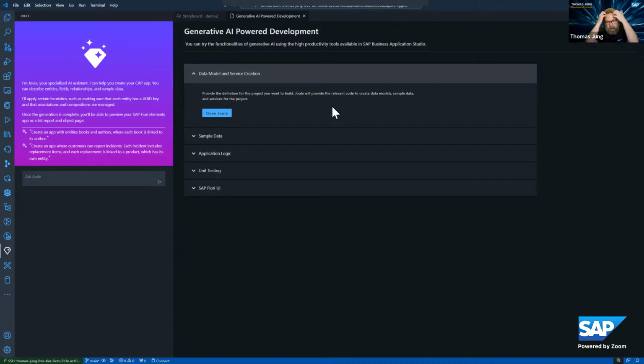This is one that I've been demoing at some of the code jams we've been doing lately. This is intentionally different than the test drive, and it's one that I have a little bit of fun with, which is a superhero application. I think it really exposes the power of tapping into the general knowledge base of the underlying large language model, because it's not something that we've trained it on. We've done additional training on top of the standard model to explain things like typical ERP data model scenarios, the specifics of CAP.